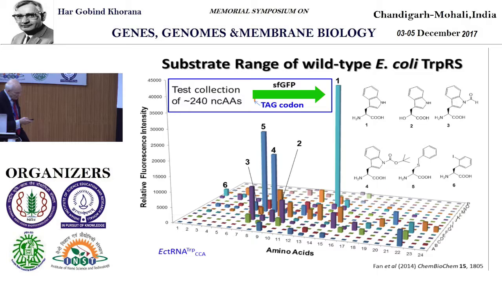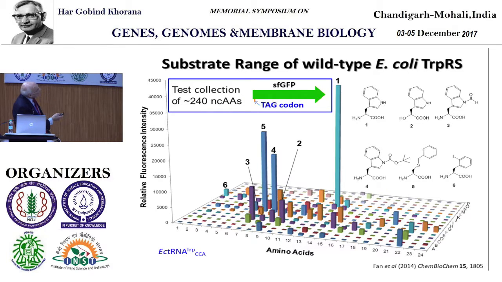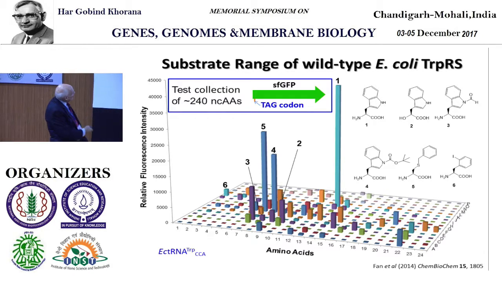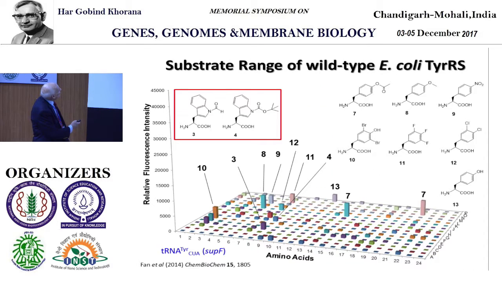So I simply show you 2 slides that we showed of the substrate range of wild type E. coli Trip-RS. I don't have time to go through the experimental assay, it's a read-through of superfolder protein. All these amino acids that you see here are activated to some extent by wild-type tryptophanyl tRNA synthetase. And if you do the same with tyrosine tRNA synthetase, you get a similar reaction. And these, for instance, such as PULAR2, are activated both by tyrosine and by tryptophanyl tRNA synthetase.